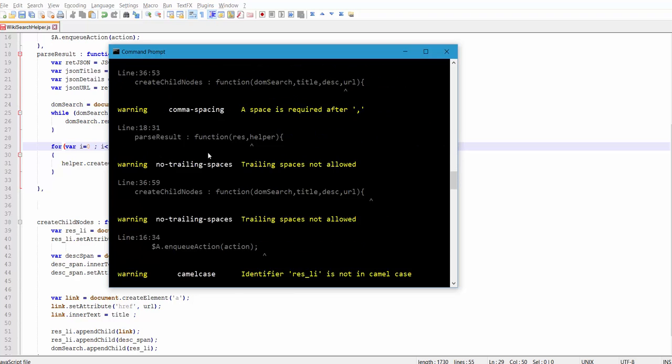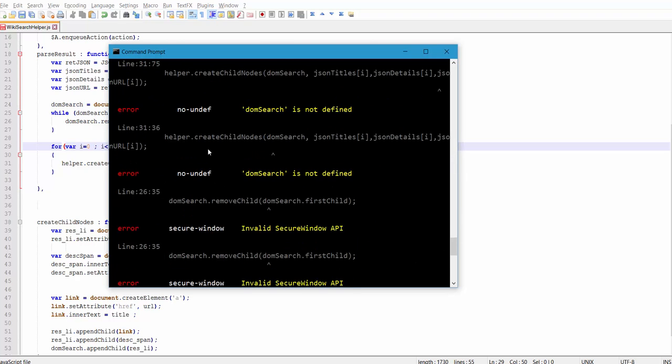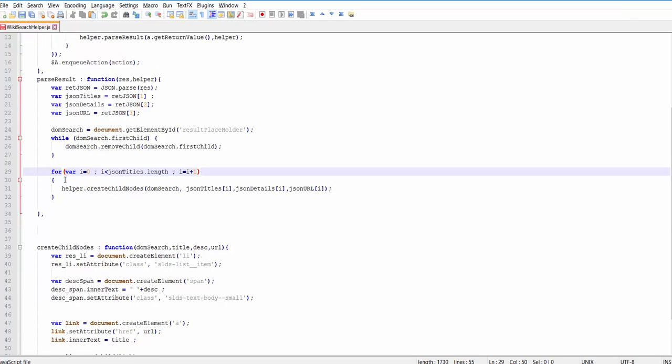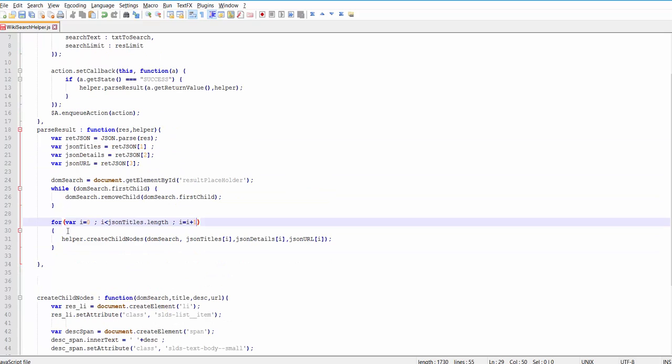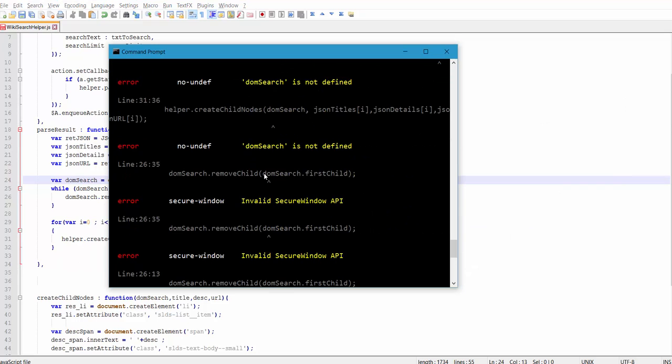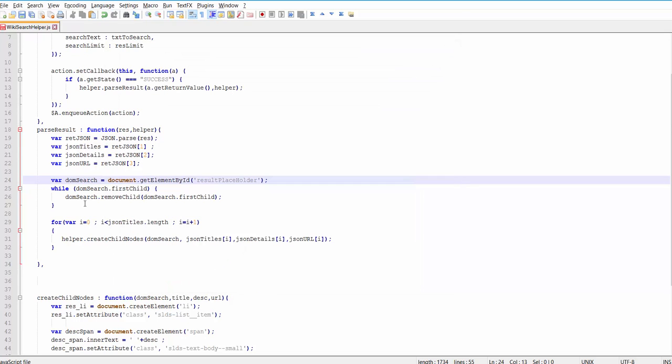However, if we go to the errors, first it says DOM search is not defined on line number 31. If I go back to line number 31, DOM search, sure, it should be defined somewhere. That's my problem, so of course that's a valid error. Then it says invalid secure window API on line number 26. So basically what is happening is